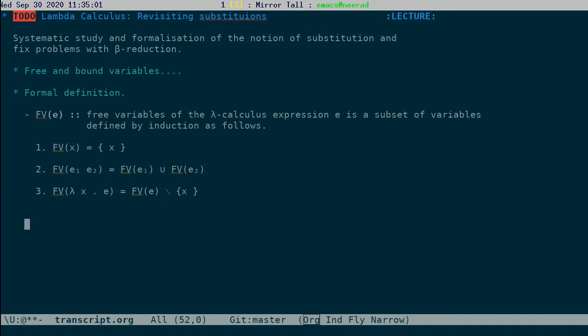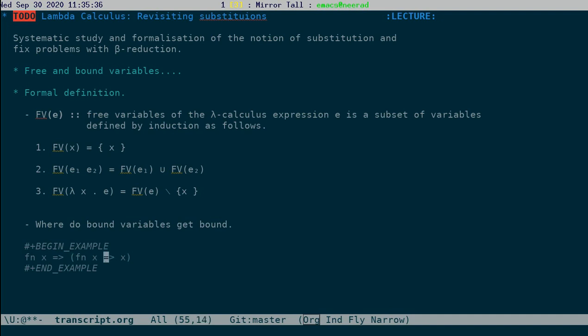Not only that, we also need to know the bindings. Where do bound variables get bound? Which lambda should it be associated with? To illustrate with an example, if you have something like fn x arrow fn x arrow x, the question is, where does this x come from?